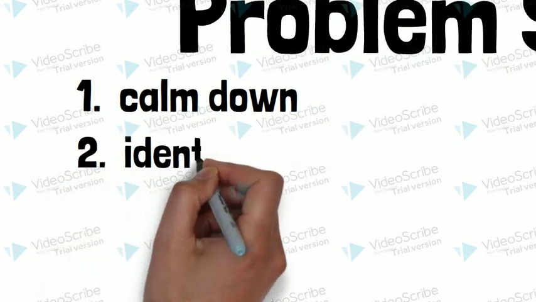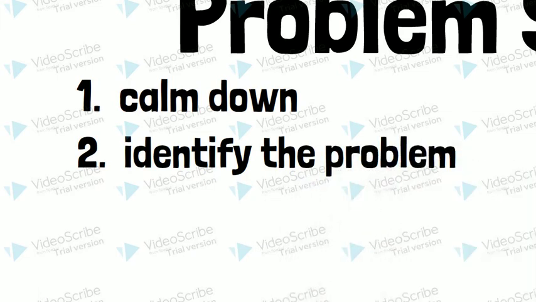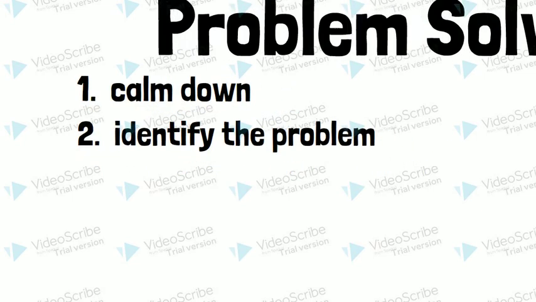It may not be what you think it is. Talk to children and prompt them if they are stuck. Help them identify what they are feeling and why. A child may have pushed someone down, but it may not have had anything to do with the other child and everything to do with missing mom or dad.